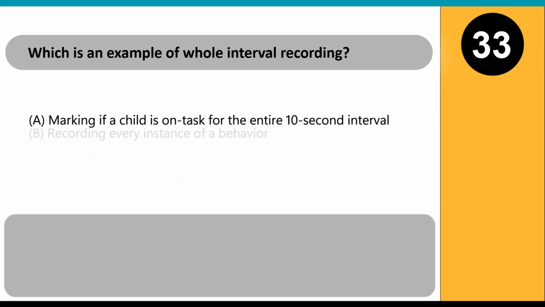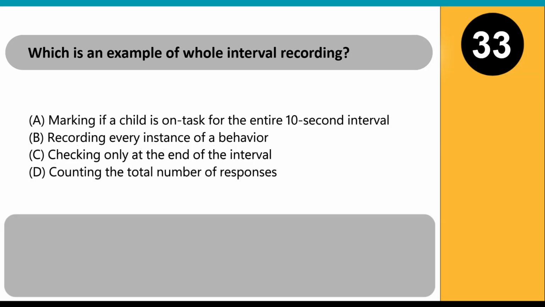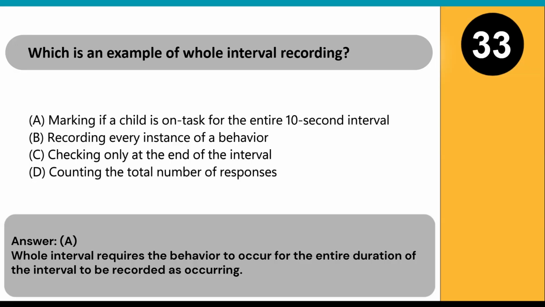Which is an example of whole interval recording? A. Marking if a child is on task for the entire 10-second interval. B. Recording every instance of a behavior. C. Checking only at the end of the interval. D. Counting the total number of responses. Answer: A. Whole interval requires the behavior to occur for the entire duration of the interval to be recorded as